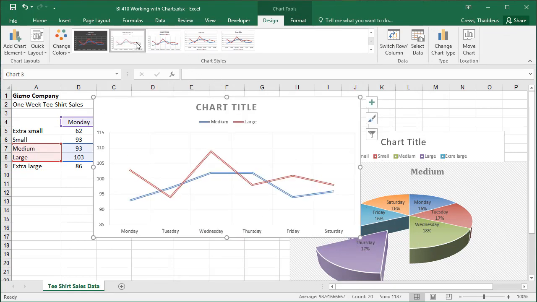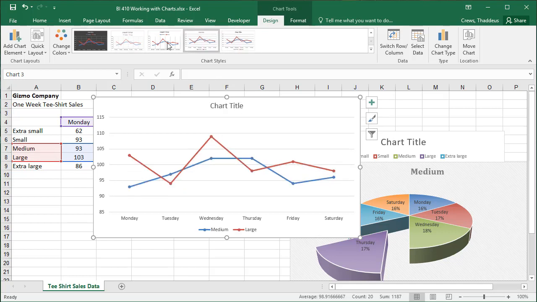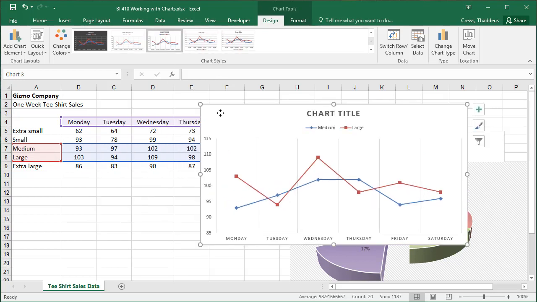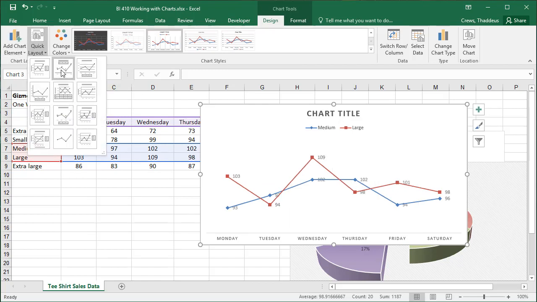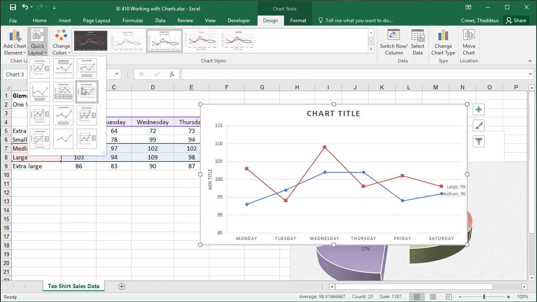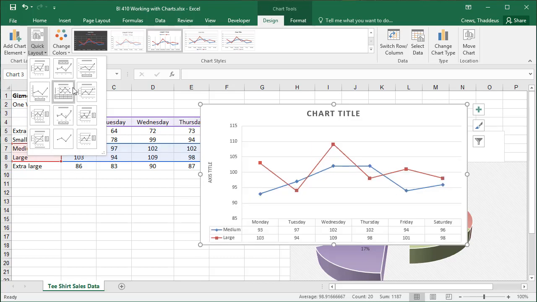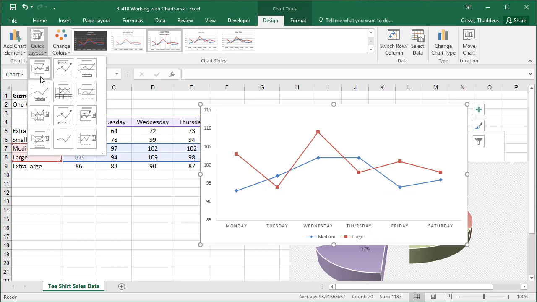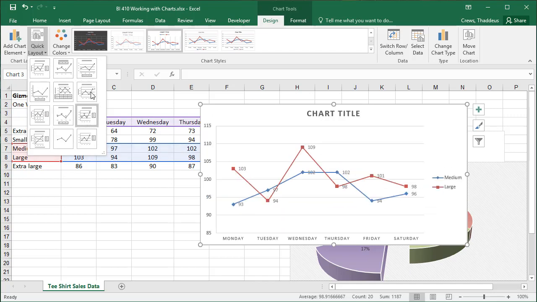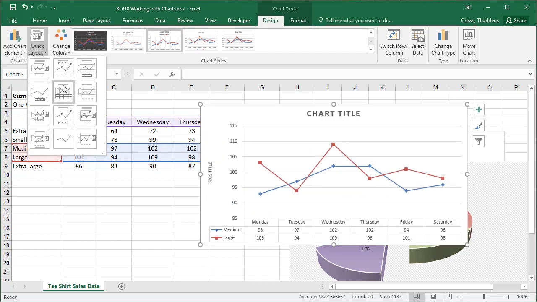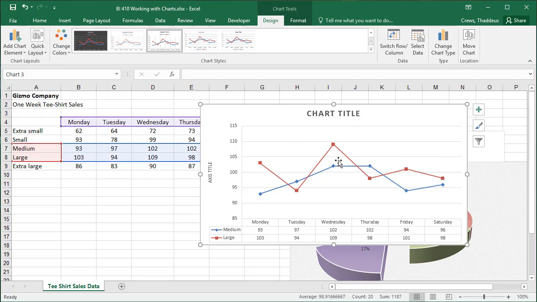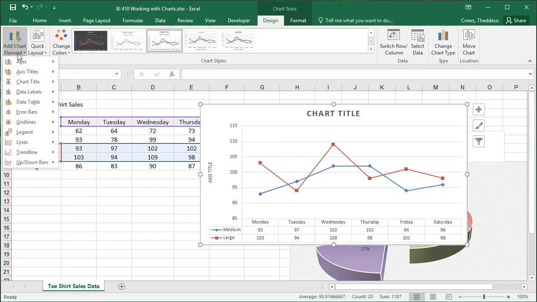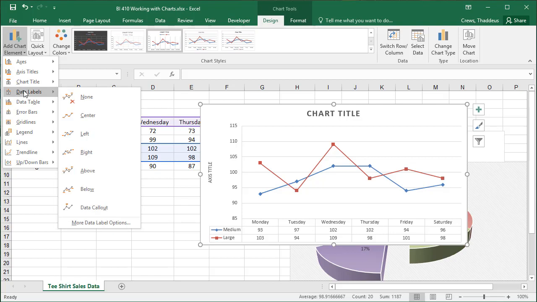Do different versions of that line with markers chart. Right. And more layout options under the quick layout. So we can have the data visible, graph the distances for each of the points, right? There's a lot. It's worth spending a few minutes looking at all the different elements, all the different built-in, easy way to get things done quickly aspects to